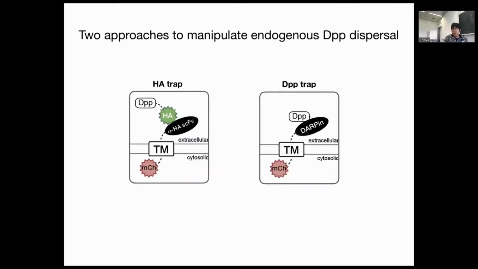DARPin is a designed ankyrin-repeat protein, similar to a nanobody or single chain antibody. It is a small protein binder, but it is not antibody based. As Max briefly introduced, DARPins